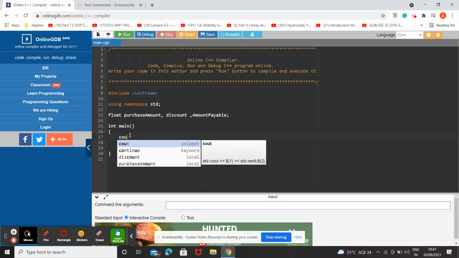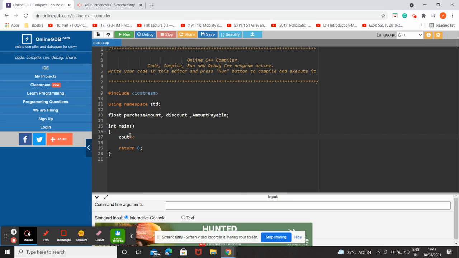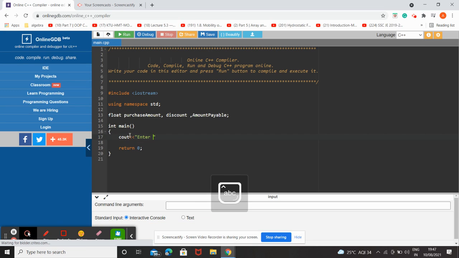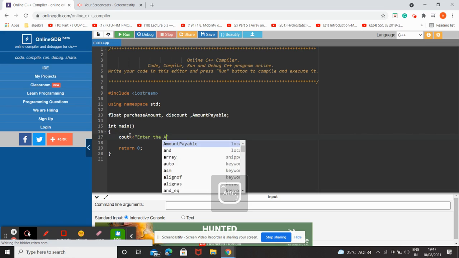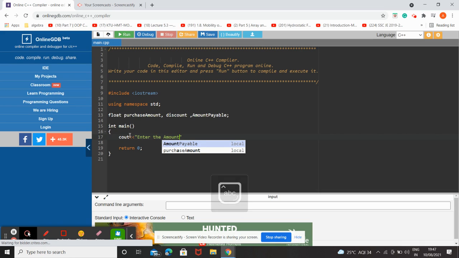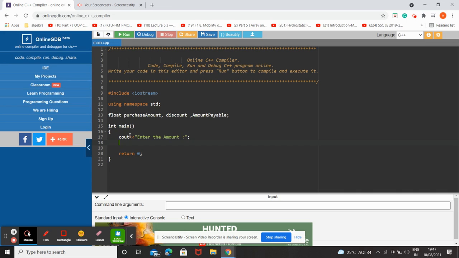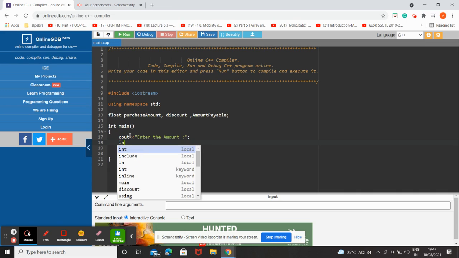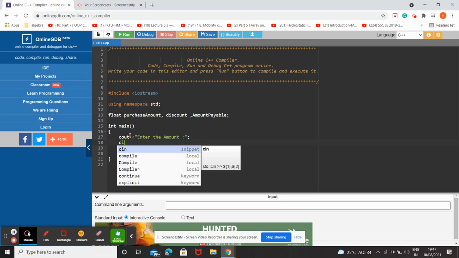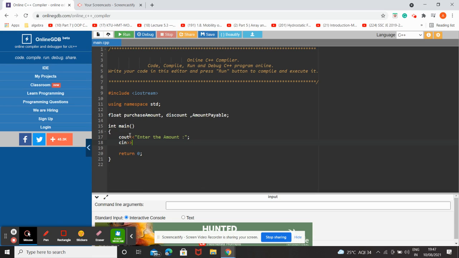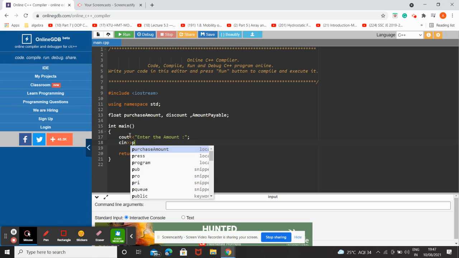So cout, enter the amount, and end that line of code with a semicolon. Then now we have to take the amount into our program. So cin purchase amount.